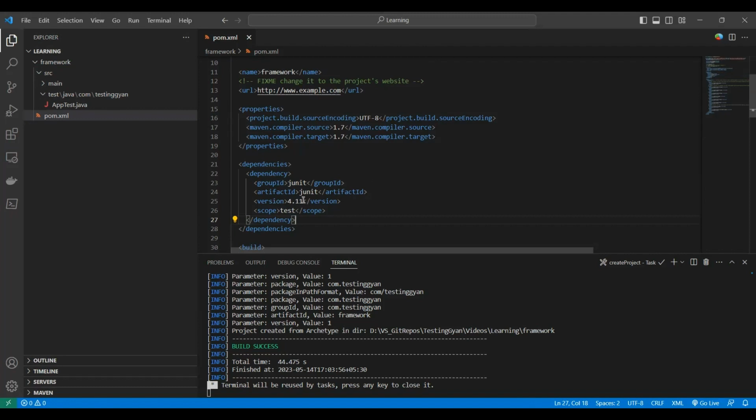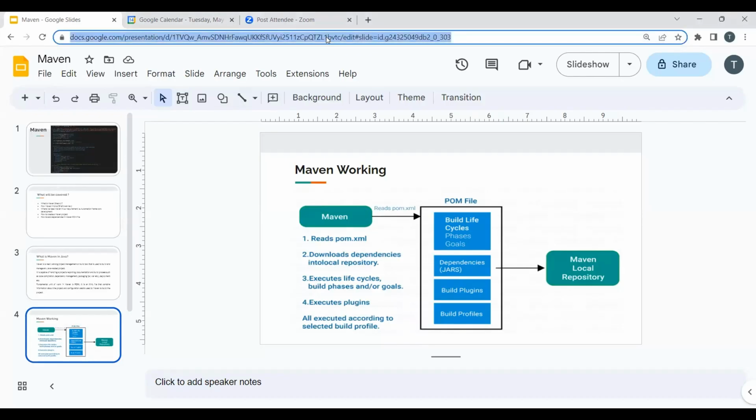For example, if I have to update the JUnit version here, I will not go to some other location. I will simply go to this POM file and update the version, whatever version I need. And if I need some more dependency, I will simply add it in the dependency tag. Now let us try adding one dependency here just to understand. So what I will do is search Maven